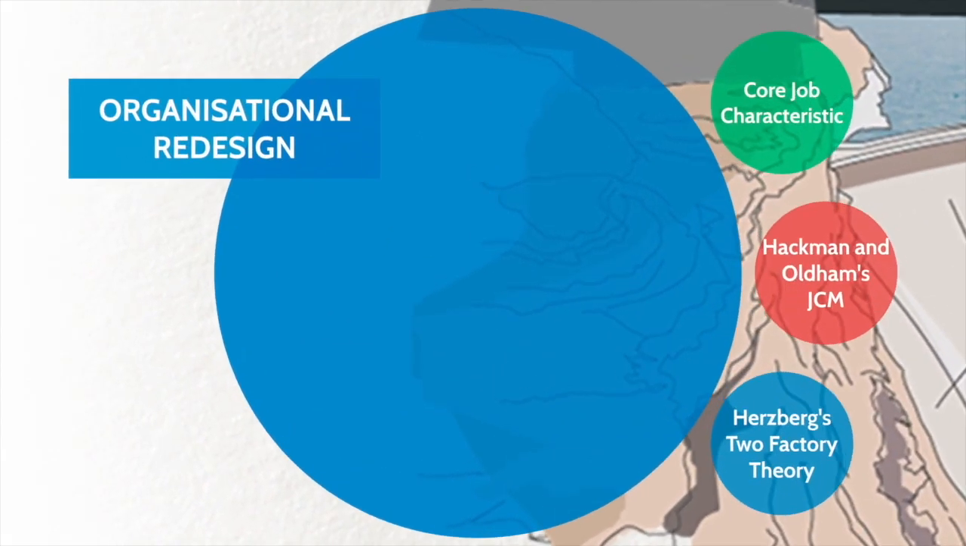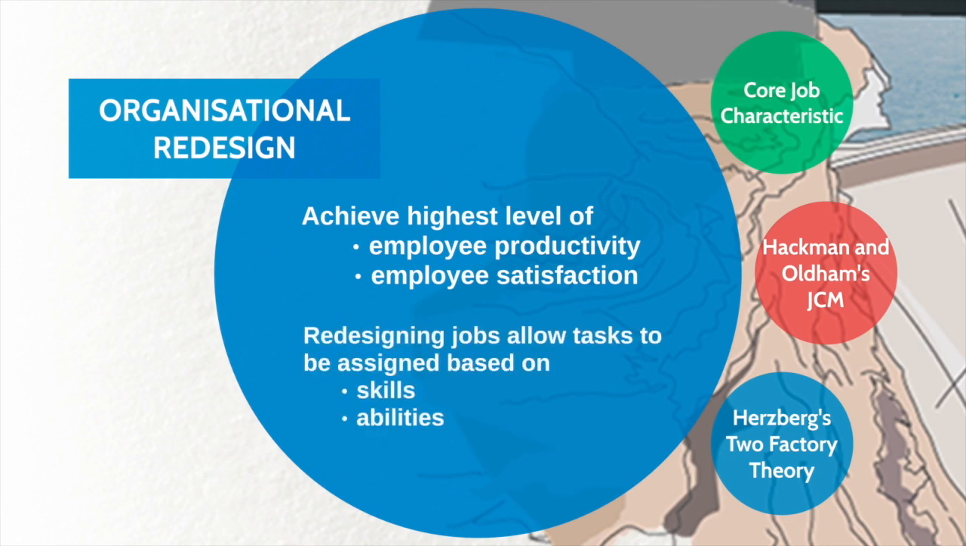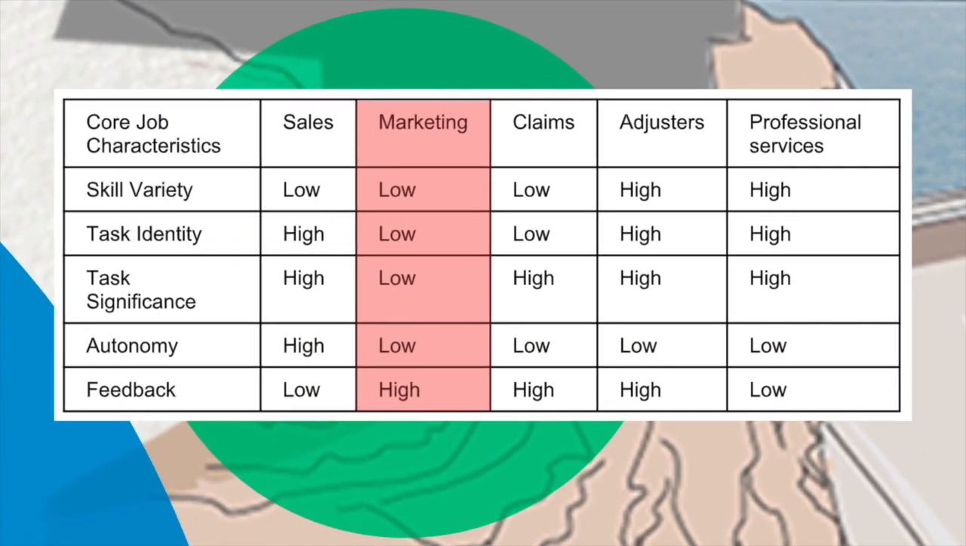Organization redesign. Main goal is to achieve the highest level of employee productivity and employee satisfaction. Redesigning jobs will allow tasks to be assigned based on employee skills and abilities, which result in high levels of intrinsic motivation. Based on the JCM table shown, the marketing team under the sales department need redesigning, as motivation and